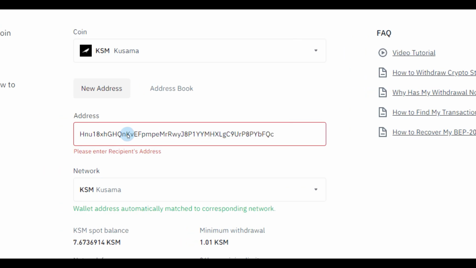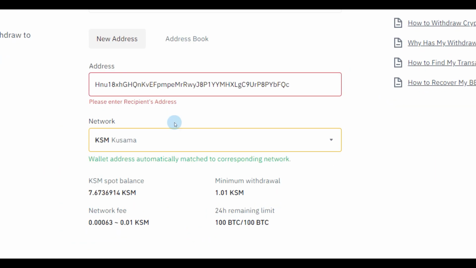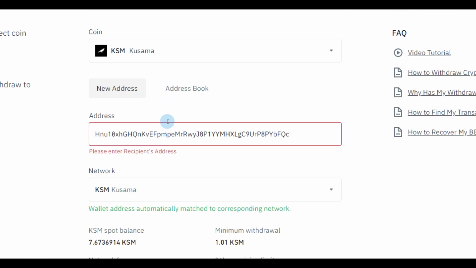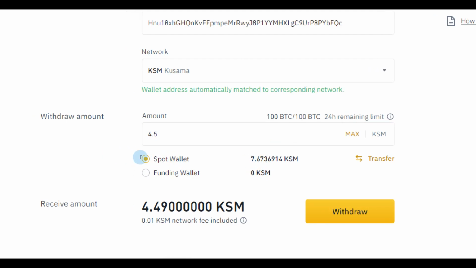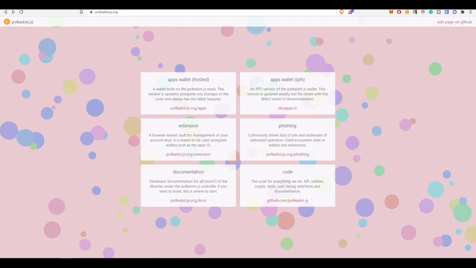And as you can see, it has automatically detected that it's on Kusama network, and I'm gonna send 4.5 Kusama, and I'm gonna receive 4.49, and the network fee. Click on withdraw. Alright, so once you've sent your Kusama to your wallet, you go to polkadot.js.org again, and now